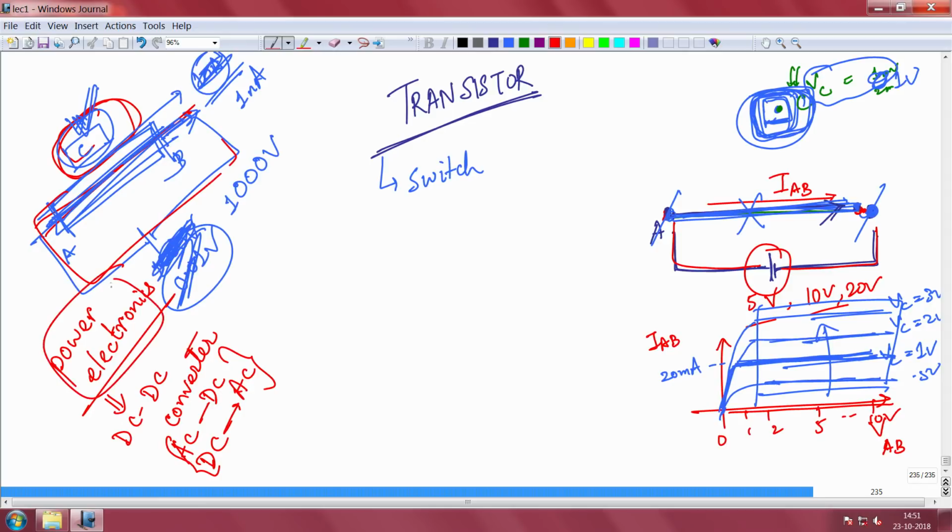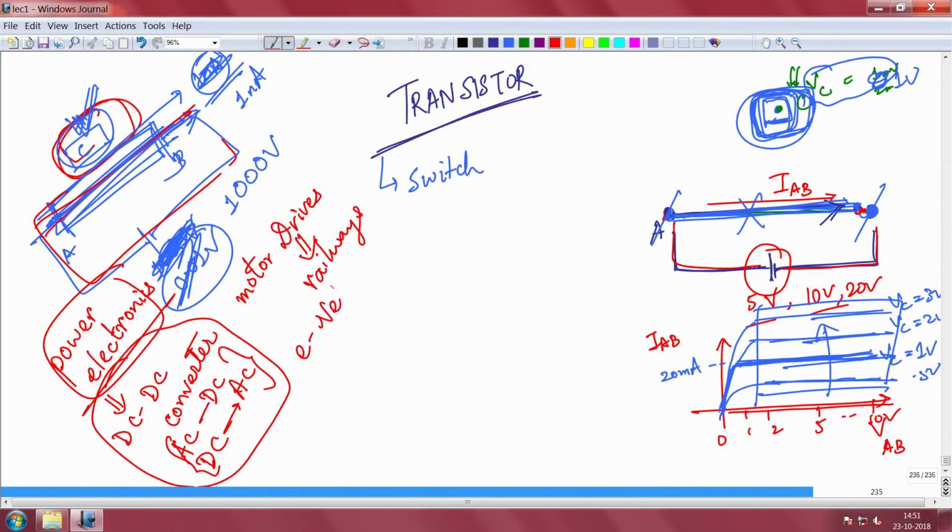So, power electronic circuits of this kind, DC-DC or inverters and converters, are hugely used in so many motor drives, for example. Okay. And that can be used in railways to brake a railway, to make the railways go fast. They are increasingly now used in e-vehicles that you see on the road to charge the vehicle. You see that electric vehicle posts are there, you have e-vehicles, e-two-wheelers, you have laptop adapters, you have chargers, right, you have windmills. So many things are there where you can use the transistor as a switch. Okay. So, that is one application.